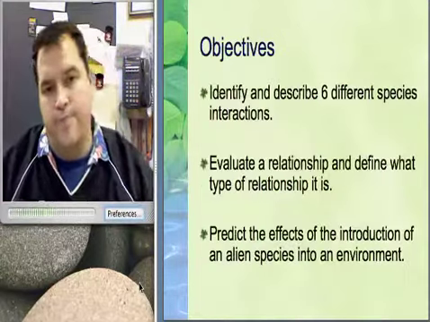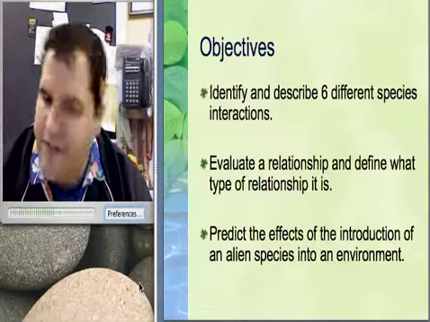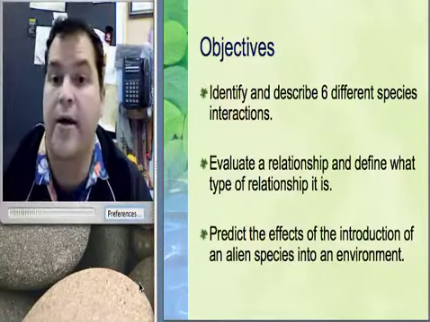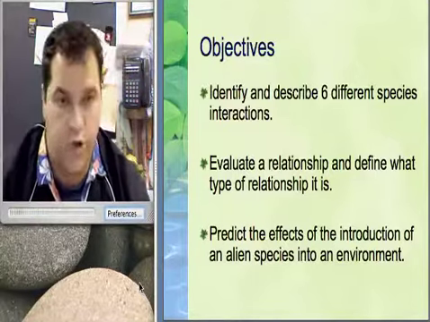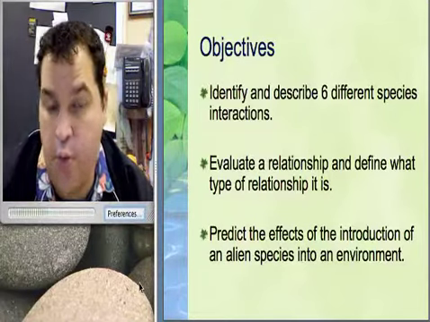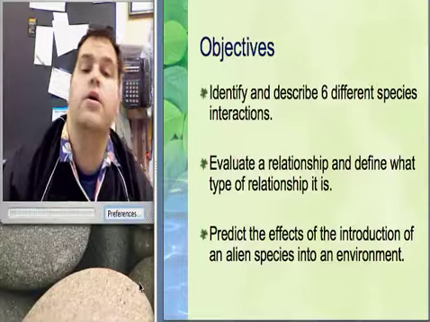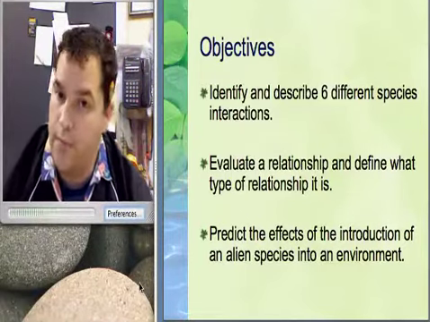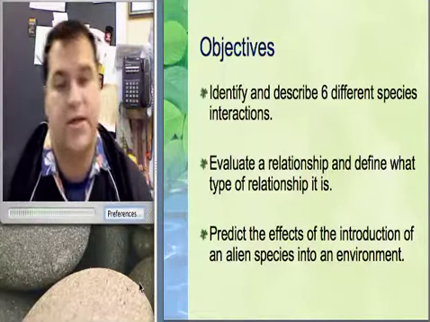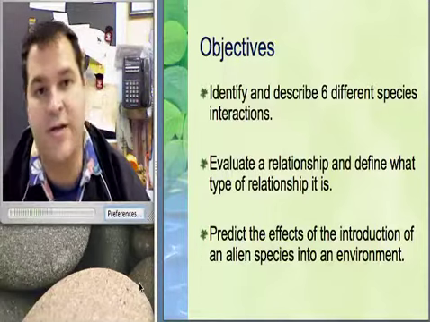So there we go. That is our little note on species interaction. We've identified the different types of relationships or interactions between species, one being predator-prey, very common, illustrated by food webs. We have interspecific competition where we're competing for the same resource, and we have symbiosis, which can be broken down into parasitism, which is where one organism gets harmed and the other one gets a benefit, mutualism, where both organisms get a benefit, and commensalism, where one organism gets a benefit and the other one neither is harmed nor helped.